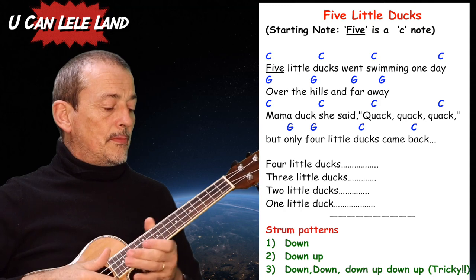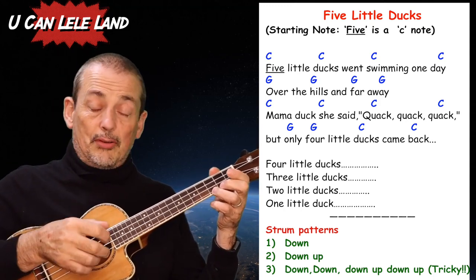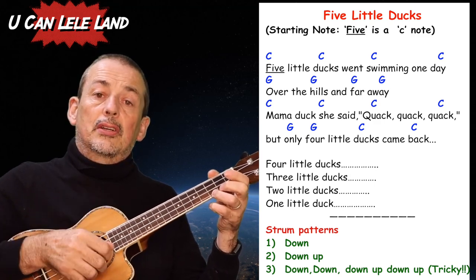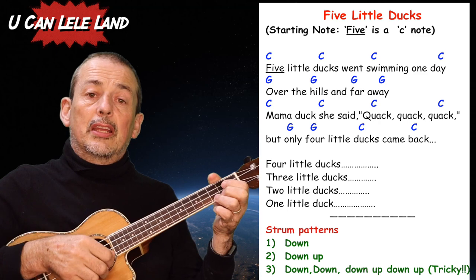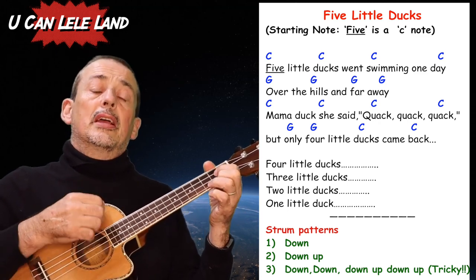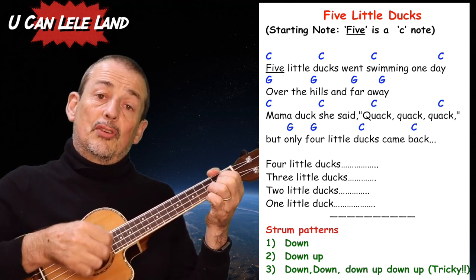If you want to look at strum pattern number 2, it's down, up for every chord that's there. Five little ducks went swimming one day over the hills far away. Mother duck, she said, quack, quack, quack, and only 4